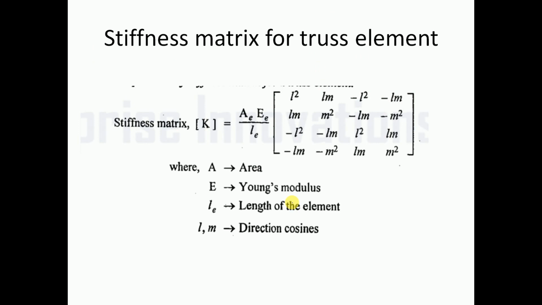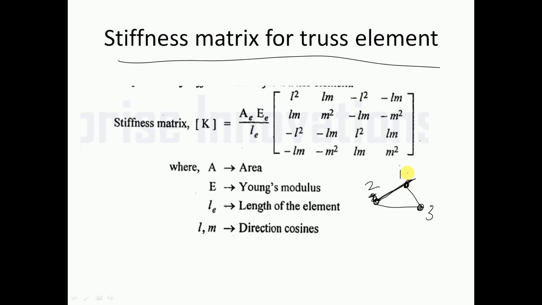Let us take the stiffness matrix for a truss element. In trusses, let us say this is one of the truss members. Let us say this is a truss. These are the nodes: this is node 1, this is node 2, and node 3. The truss is made up of several one-dimensional bar elements. In a truss, each node has 2 degrees of freedom. That is what is meant by that.